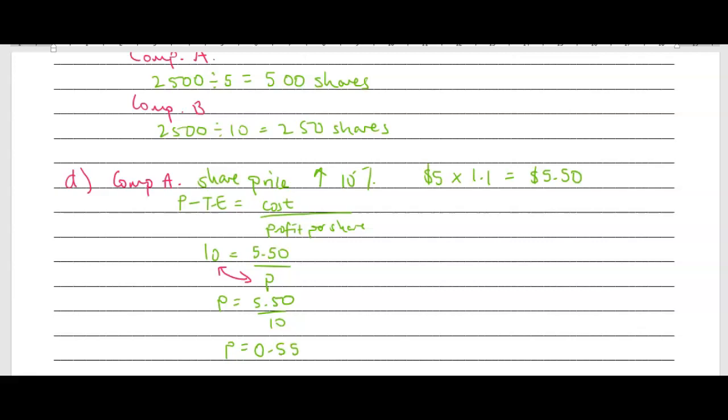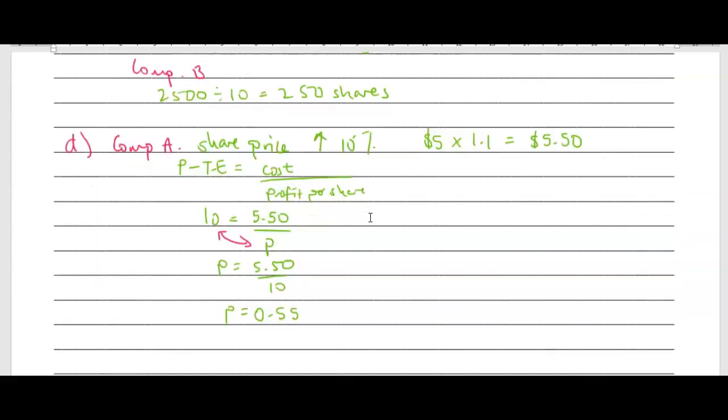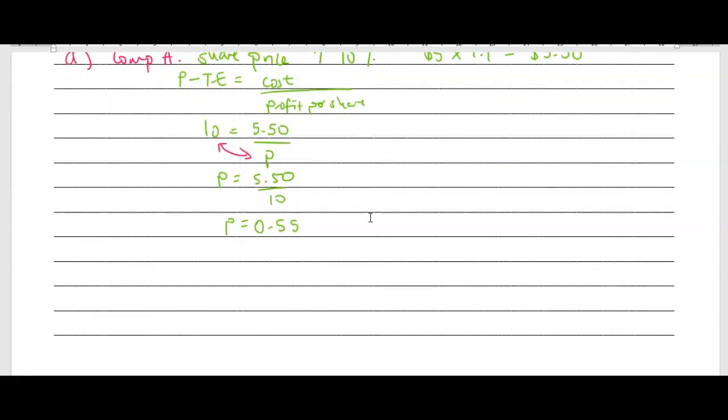So he has 2,500. I got more space to write down below. Good. So he's got 2,500. No, he doesn't have 2,500 shares. He's got 500 shares times 0.55. So I'm just doing this on my calculator. So $275 there. And then for company B,